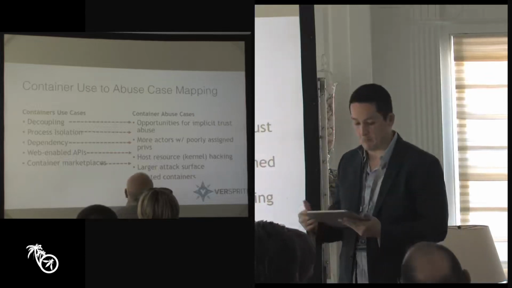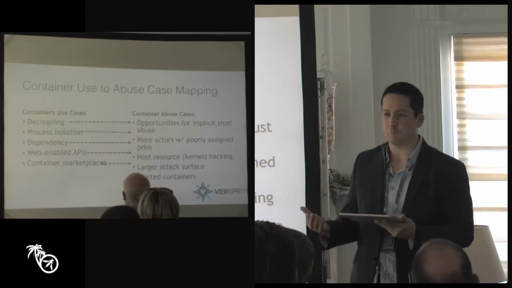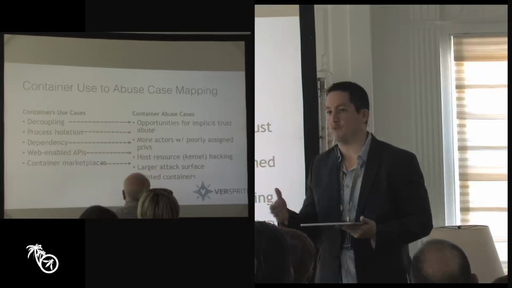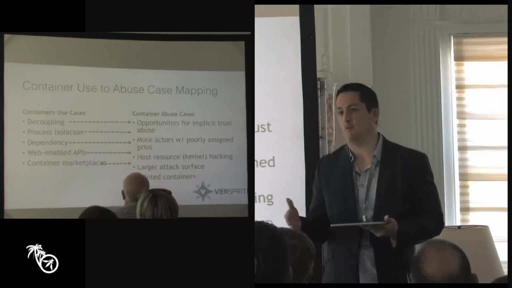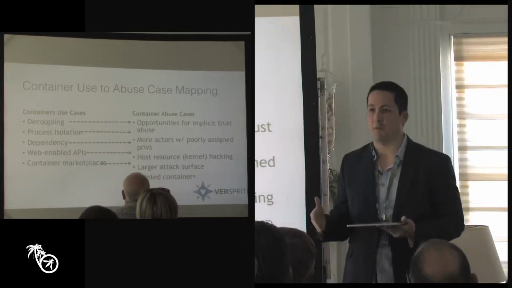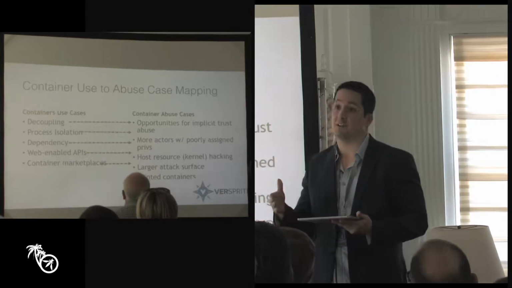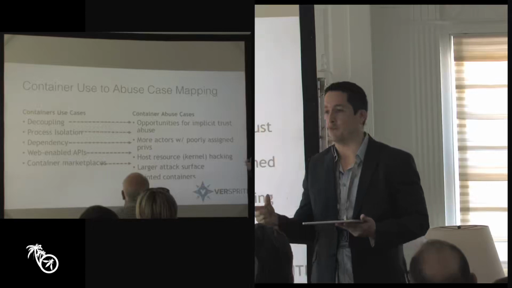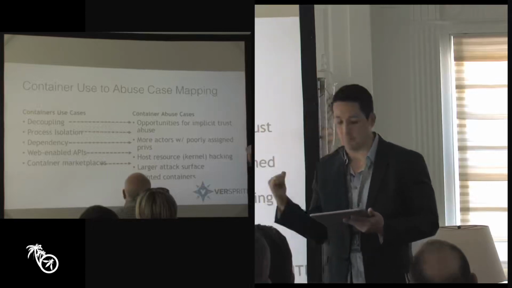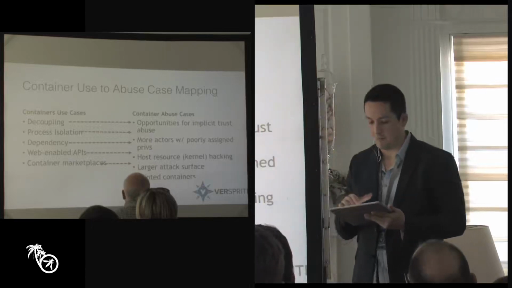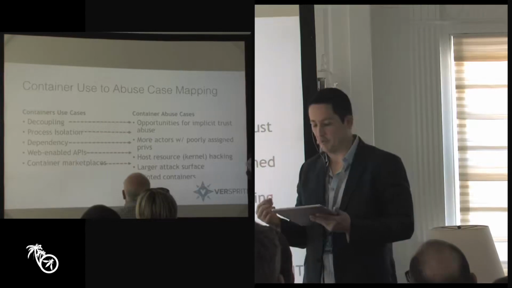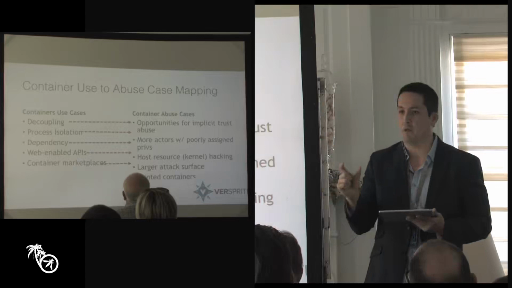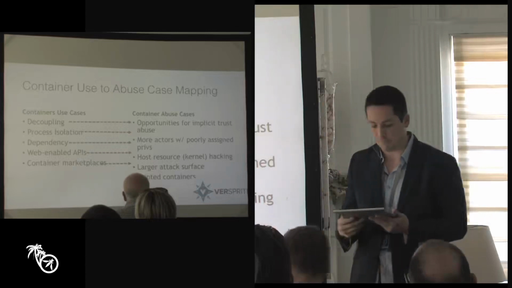So you want to understand how decoupling is being done. Now, oftentimes, that is enforced via the configuration of the container, the Dockerfile manifest. And you could actually uncouple some containers through misconfiguration, which we'll talk about a little bit later. But the opportunity for abuse is to really abuse the trust boundaries between one container and the next.